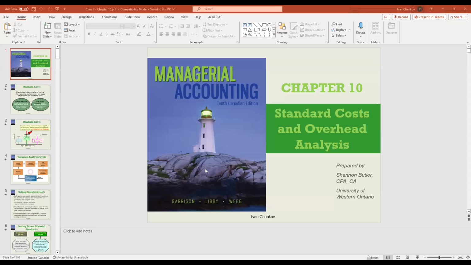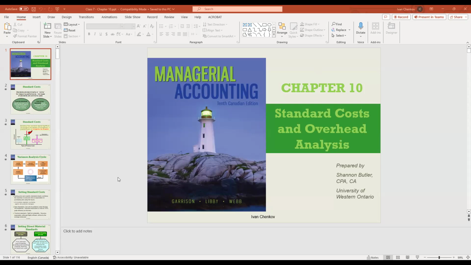Today we're going to do another chapter in our journey into managerial accounting, and that will be chapter 10, which is about the analysis of the standard costs. Before we move to an analysis of standard costs, I told you I want to make a link between today's